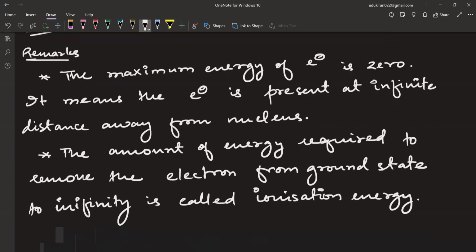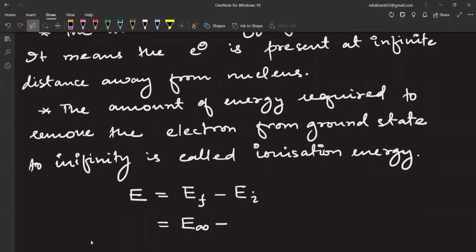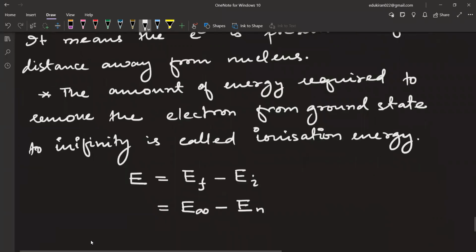Okay, ionization energy. Now हम लोगों ने देखा था that whatever energy that is required will be equal to the E final minus E initial, है ना? तो E final क्या है आपका? E final is your E infinity minus what is your E initial? E initial is equal to E, और जो भी है आपके पास whatever your Z is there and whatever your N is. Okay, so if I talk about the first orbit,